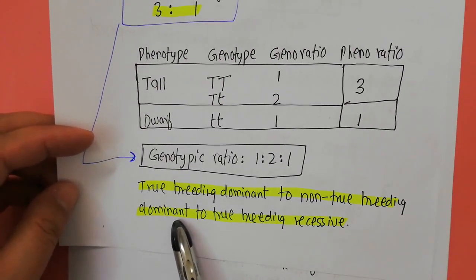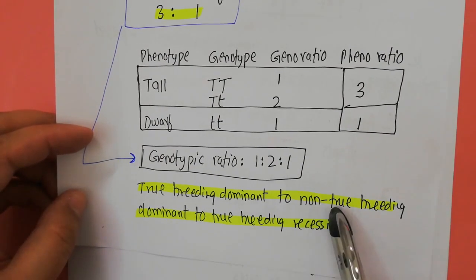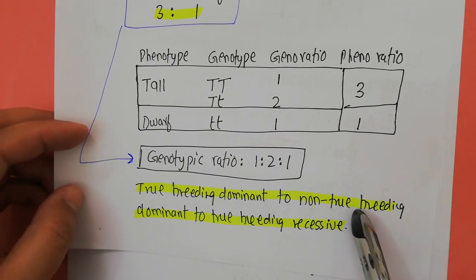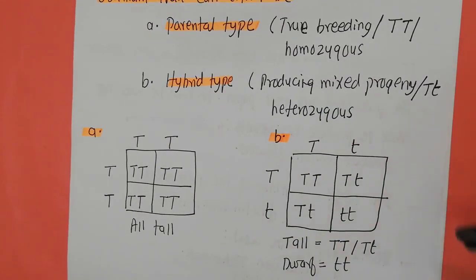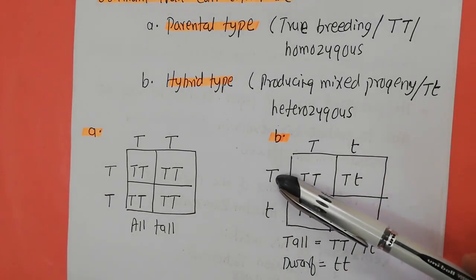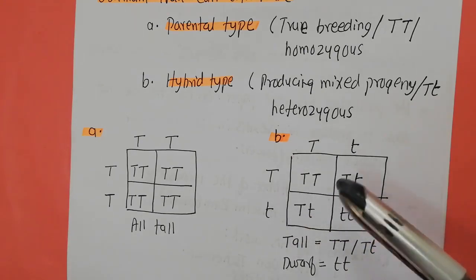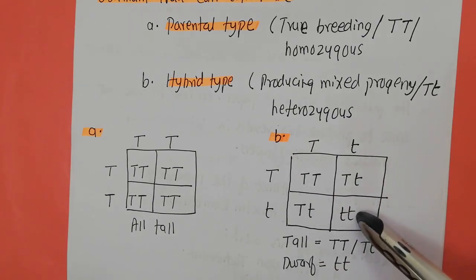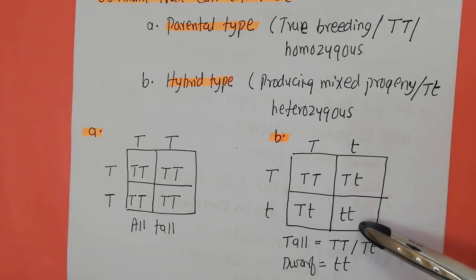You are talking about a dominant trait, but you are actually talking about a non-true breeding dominant. That means that if you allow for the self-fertilization of these plants, they will produce the tall plant as well as the dwarf plant. You can represent this like here: you will have the gametes containing the capital T allele, and the gametes containing the small t allele. So if you cross them, this will be a tall plant, this will be a tall plant, this is a tall plant, but this is a dwarf plant. So you will get a mixture of the tall and the dwarf plant.